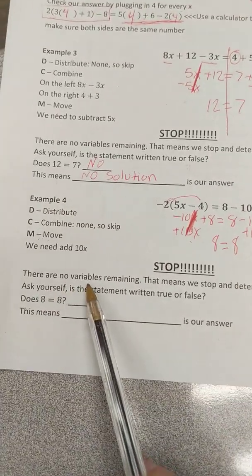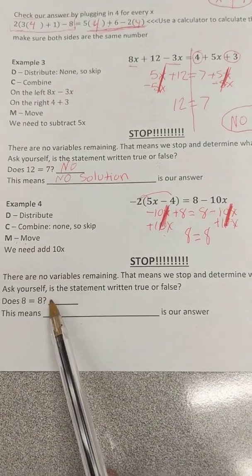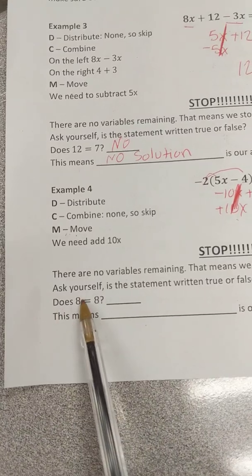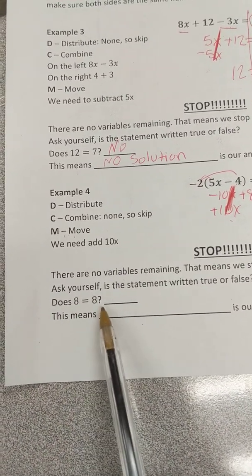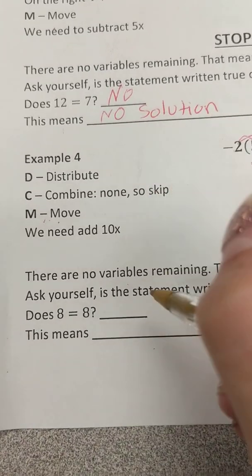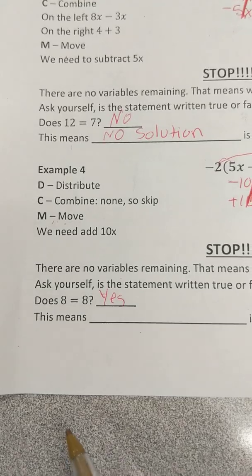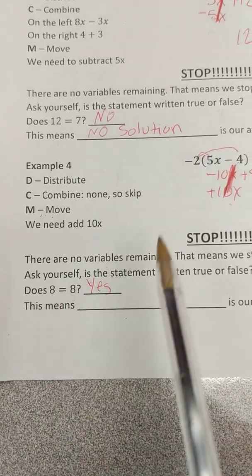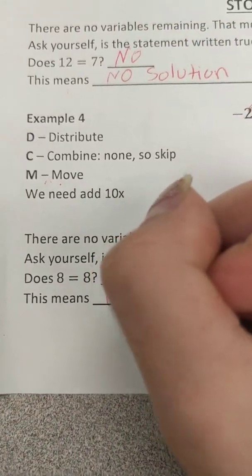Once again, when there's no variables, we need to stop and determine what this means. So once again, ask yourself, is the statement that's there true or false? Does 8 equal 8? Is 8 the same as 8? Are they the same? Are they equal? Well, yes, they are. They're the same number. When yes, they are the same, instead of no solution, like when they weren't the same, instead what we're going to say